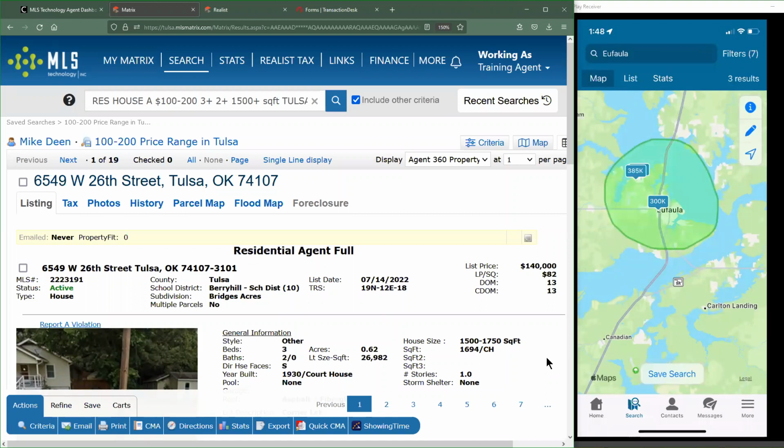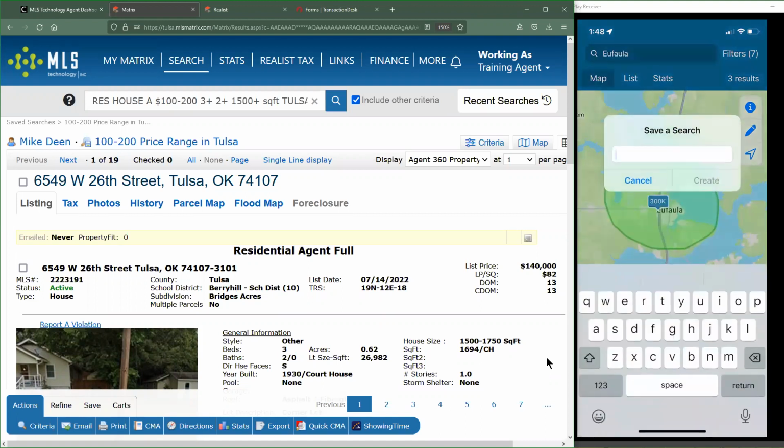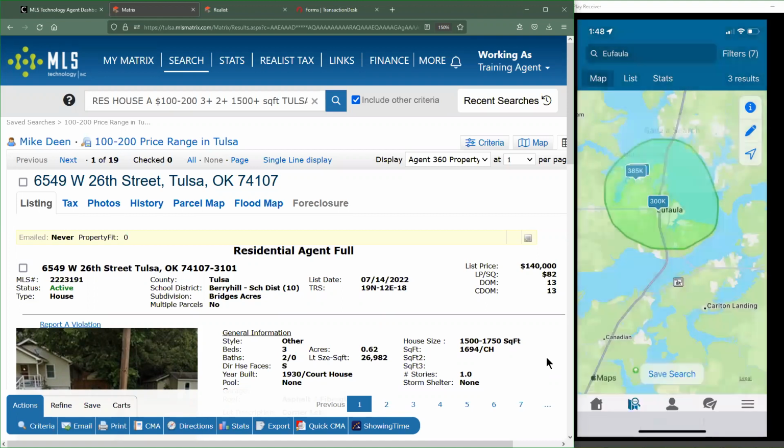Now, down at the very bottom of the screen, we have a Save Search button. So if I had drawn on the screen and found a space that I really wanted to use and liked the filters that I had set up, I can just save that search. And then the next time I come in here, I can use that exact same search. Now, just as a heads up, once more, the saved searches that you make specifically on MLS Touch are going to be different than the saved searches that you have access to on Matrix. Though you do have access to your Matrix saved searches in MLS Touch.